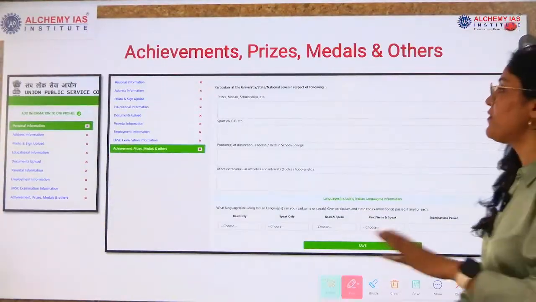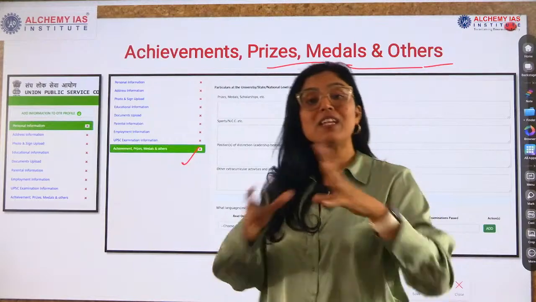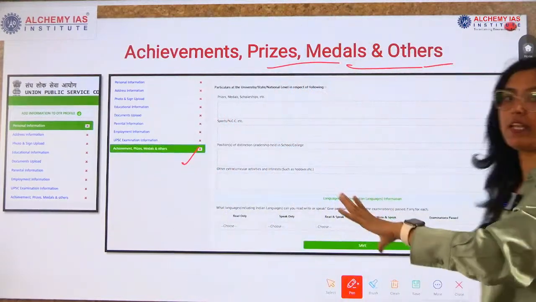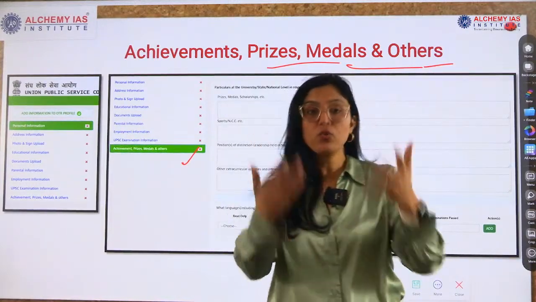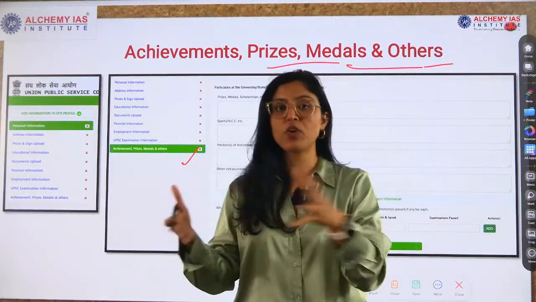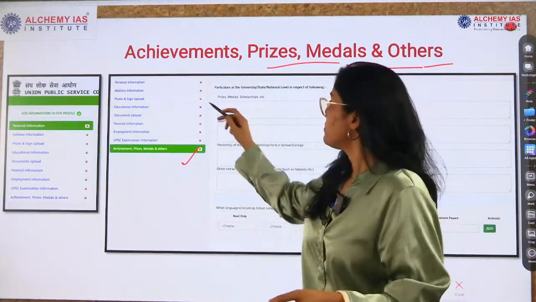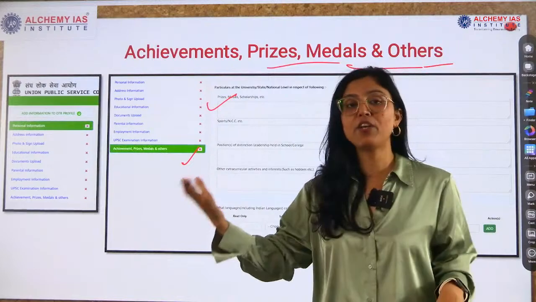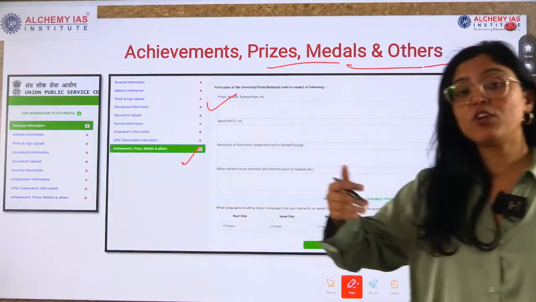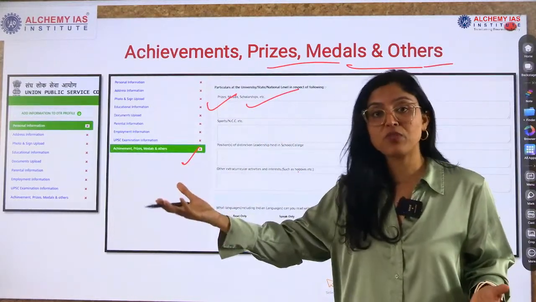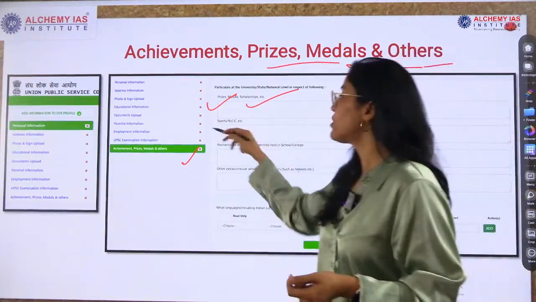Next comes, very, very important, is achievement, prize, medal and others. So see, it is not mandatory that you have to fill everything, okay? If you are filling these things, you are giving the scope for the examiner to ask you questions, right? When you will be appearing in the interview, what will happen? They will look at your application form, they will look at these information, and then they will ask you questions, right? So prizes, medal, scholarship, anything that you have won, but it should not be like a very small kind of prize. It should be at national level or at a college level. College level competition, school level competition, so you can mention that I have won this prize, medal or scholarship. Sports level also you can mention.